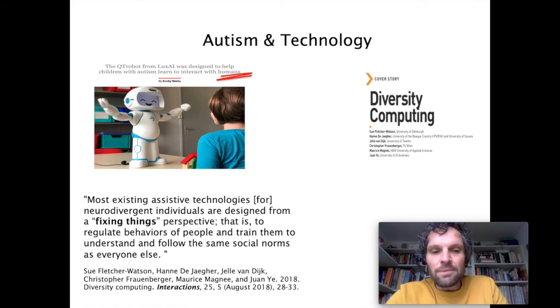But we wrote a paper with various people who were interested in working in the field of autism, saying that most existing assistive technologies for what we call neurodivergent individuals are designed from a fixing things perspective. That is to regulate behaviors of people and train them to understand and follow the same social norms as everyone else, right?